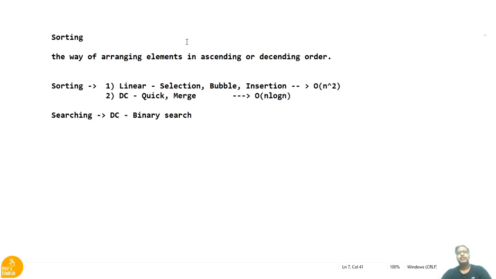Here we are going to divide the entire array into two or more sub elements or subgroups, and we are going to perform the sorting on individual subgroups. Once the sorting is done, these sorted subgroups will be merged together to form the complete sorted list. This is the basic idea of the sorting techniques that are available. In this lecture, we are going to see quick sort and merge sort.